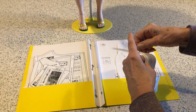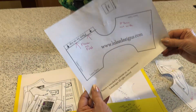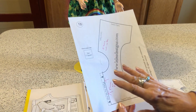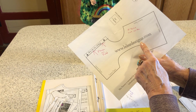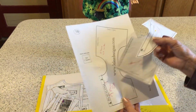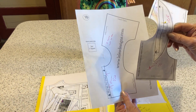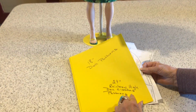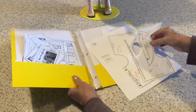Actually, let me pull it from here because you might want it for your dolls. It's an 18-inch doll pattern. I found this free on the internet, and this is your bodice. It does have a sleeve on another page and a skirt. I wanted to use this for my Amaya Raine, and because this said 24-inch Rainbow High doll clothes patterns, well, I just thought...